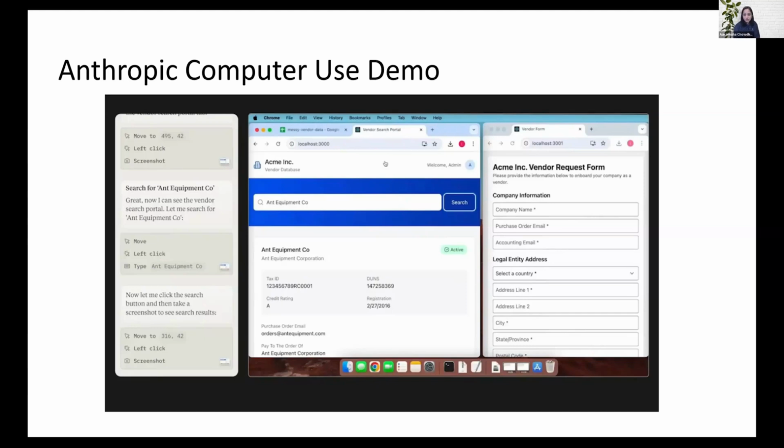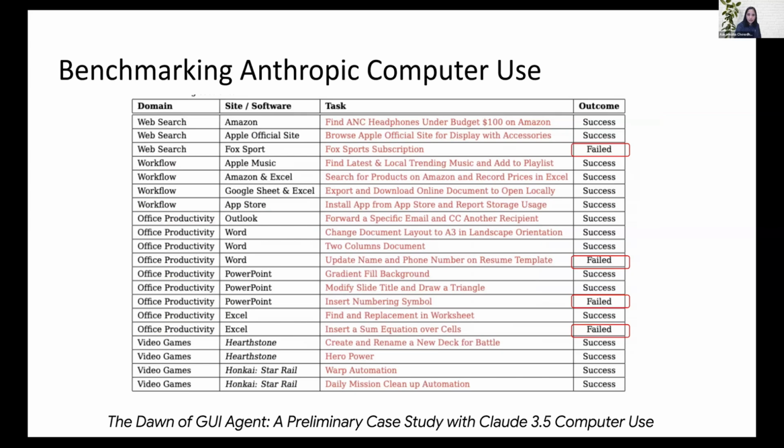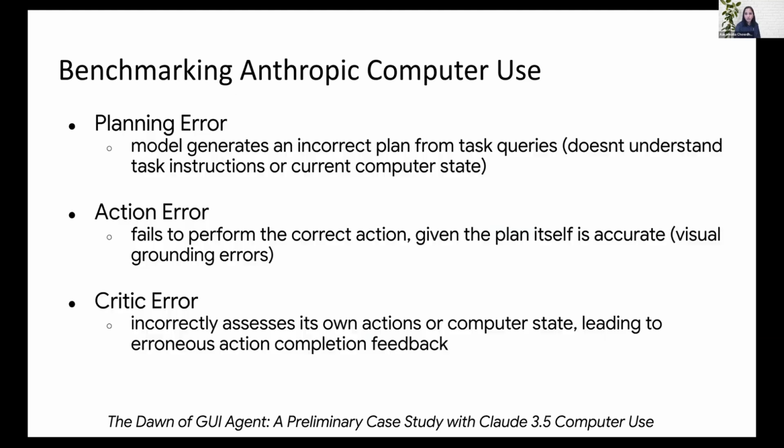Now, this is still in early signs of what's possible, and the paper that I provided in supplementary reading, the dawn of GUI agents, provides a very detailed benchmarking of this particular application, where they consider different domains like web search, workflows that you might do, or office productivity workflows, or video games. And not all of them are successful. In fact, several of them still show failure cases in terms of outcome when you try to tackle these cases with computer use, which suggests that we still need to do a better job at one of the aspects of how we achieve these workflows.